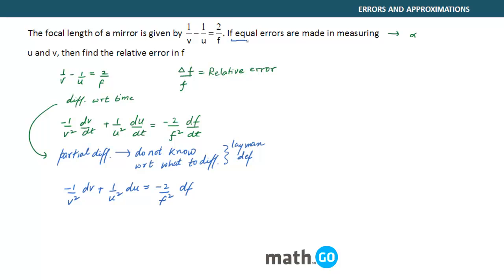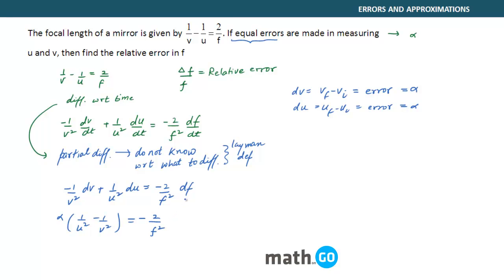And they say that errors are being made. So what is Δv? Δv will be v final minus v initial. So I can say this is the error in this particular question, because what you took and what was originally there is the error. So Δv is nothing but α, given to you. And similarly Δu will be u final minus u initial, which was your error. So this will become α(1/u² − 1/v²) = −2/f² df,